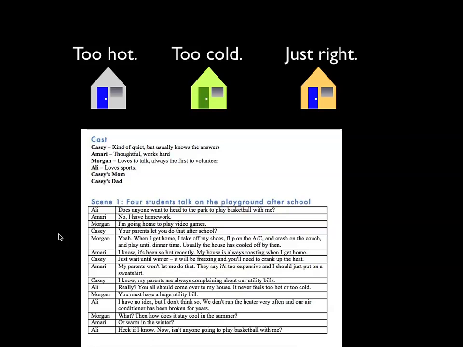So let's bring it full circle back to the energy efficient houses and the role playing that we did. How can we end up with a house like Ali's that's just the right temperature all the time? Well, in the summertime, we're going to want to make sure that the heat stays outside the house. And in the wintertime, we're going to want to make sure the heat stays inside the house. So all we need to do is make sure that around the outside of our house, we have some sort of material that prevents heat from traveling in either direction. And that's called insulation, and that's how we build an energy efficient home. So in the next couple lessons, we're going to explore